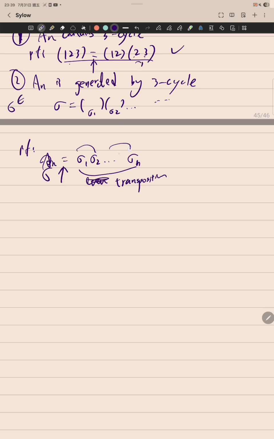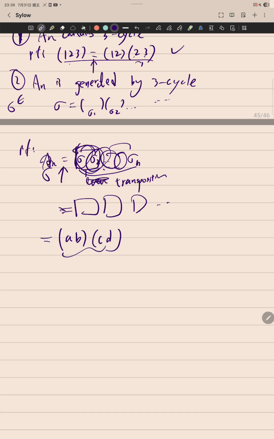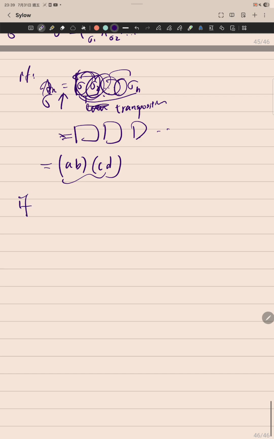So for each element, I can assume some of these transpositions are distinct and some of them are not. I can take any two of them and collect them two by two. So I get products where each one looks like (a b)(c d). Then I can consider every possible choice. If a is the same as c and b is the same as d, then this is just the identity, so never mind. And if they are all different, meaning that they are all distinct,